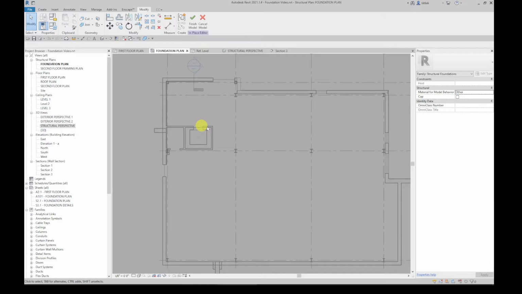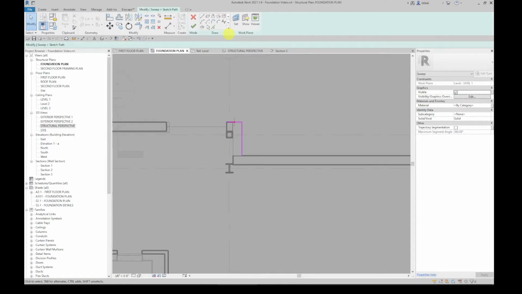so I'll go to this view, hit edit in place, go to my foundation plan drawing, and now again I'm going to create another sweep, and I'm going to sketch the path from there to there to there. Now that's the remainder of my window wall, so I'm going to hit the green check mark, again select my window wall profile for my grade beam, hit the green check mark,